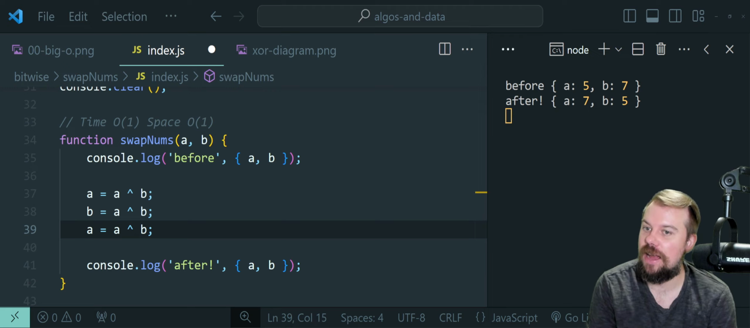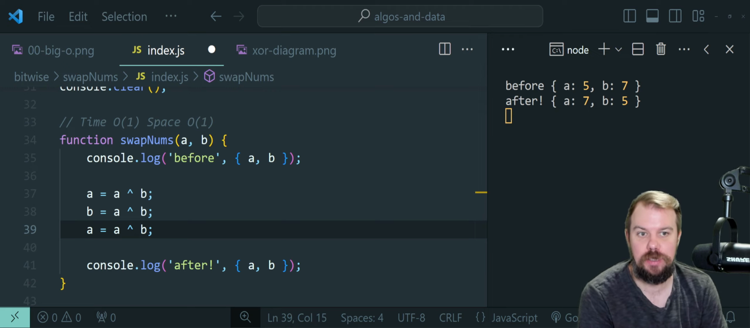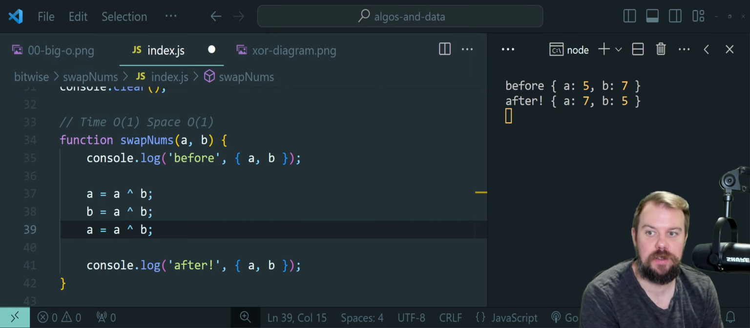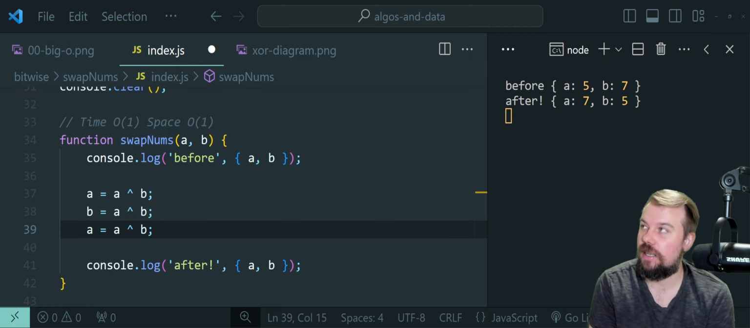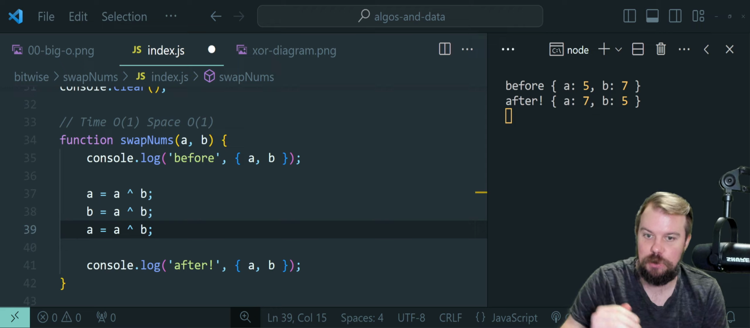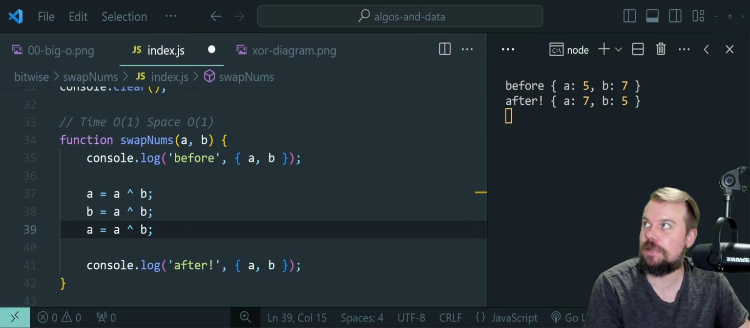They both have a big O of 1 time because they both perform a fixed number of operations, exactly 3 XOR operations in this case, regardless of the input values of A and B. Similarly, the arithmetic swap version performs a fixed number of operations: an addition, a subtraction, a subtraction. So regardless of what the input values are, they both have the same time and space complexity,